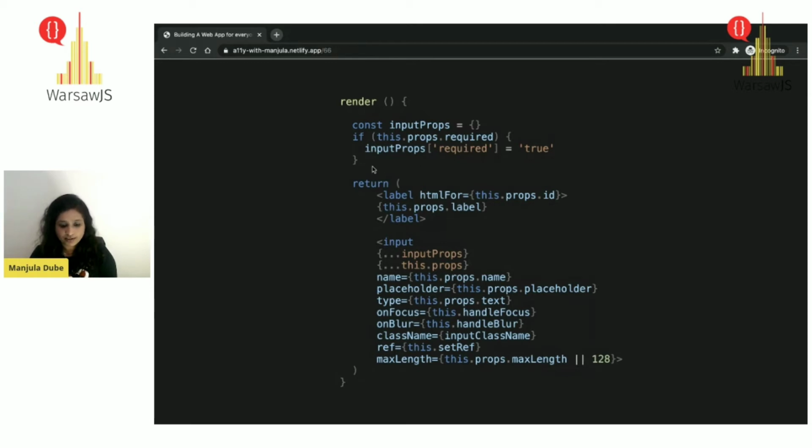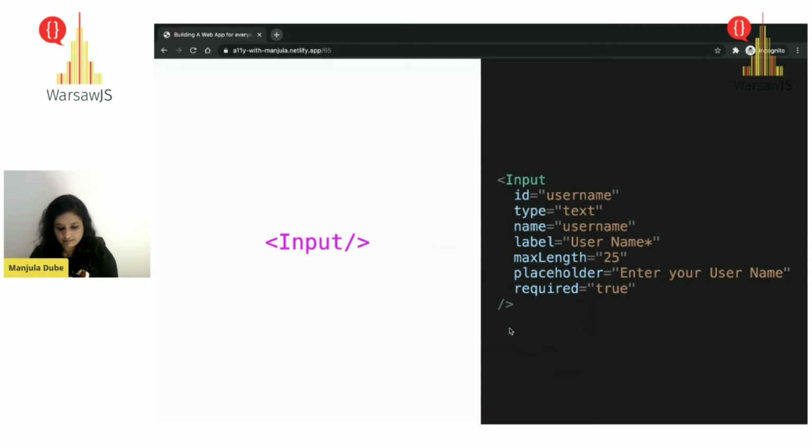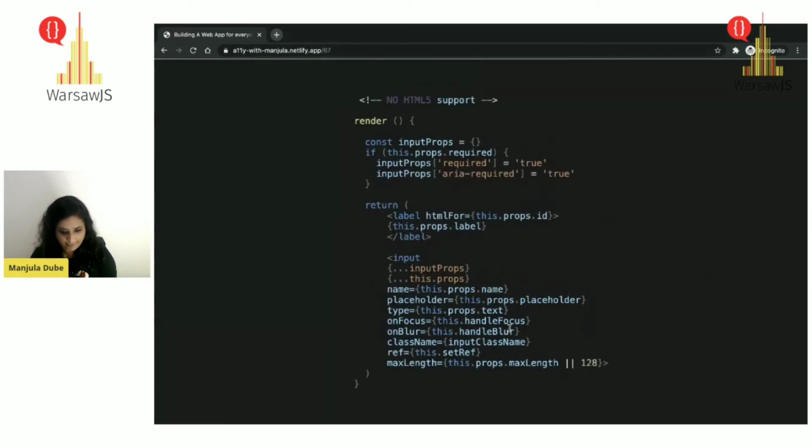And now here, what I've done in this component is I'm checking if I've passed required as a prop. If yes, just add an input prop required to it, and then I'm spreading it here in my component, which means my component is already taking care of required fields if I pass required as a prop. One thing to note is there might be a case where you still might not have HTML5 support.